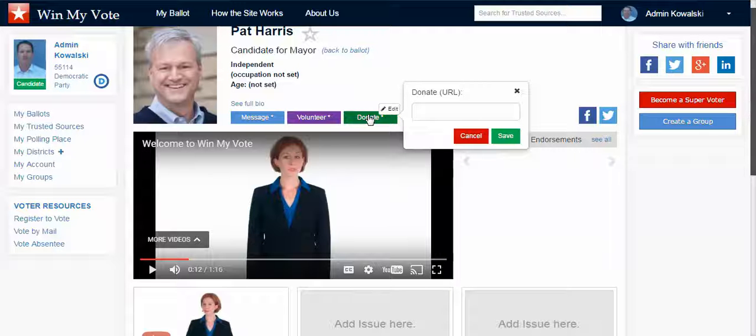If someone wants to donate to your campaign through Win My Vote, they just click on donate and it will forward right to them. If you don't have a donation page set up, we can set one up for you. We partner with a company called Stripe. It's real simple. You put in your banking information on where you want the money to go. There's a short questionnaire that legally we have to ask,